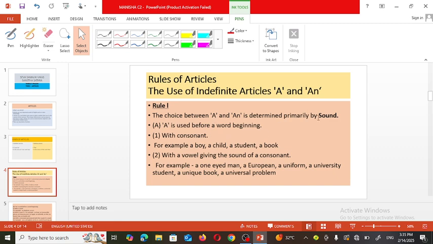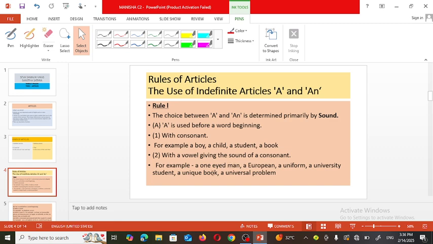You have heard that the article an is used with words that begin with a vowel, means the letters A, E, I, O, and U. But these words cannot always be sounded in the same way. For example,